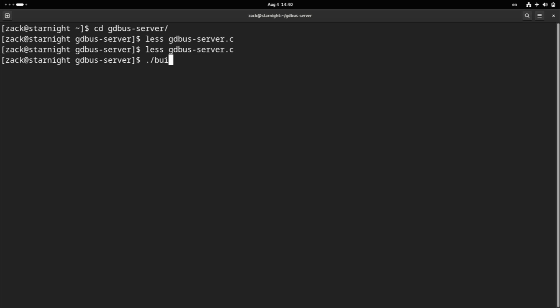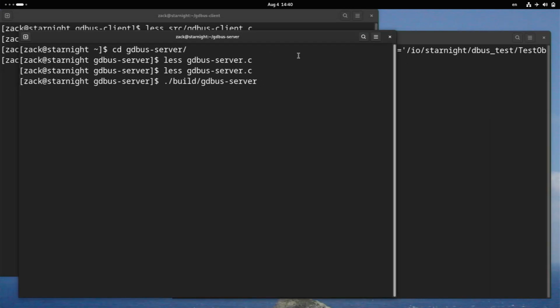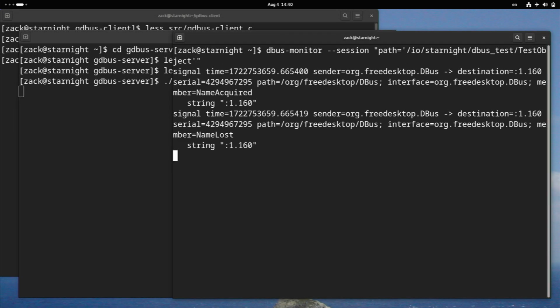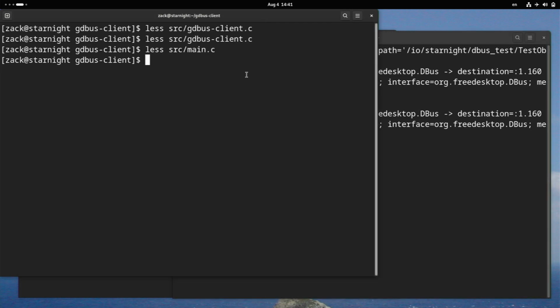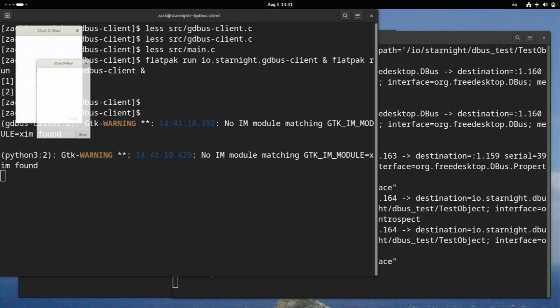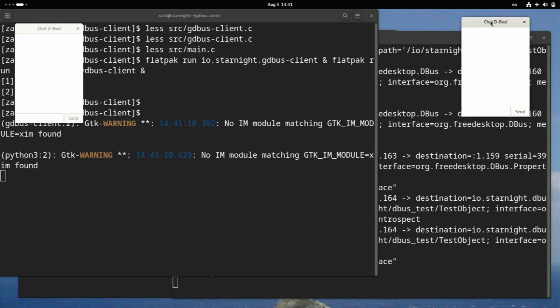Now let's execute the program here. Because I already built the code, I can execute it directly: GDBus server. And how about we monitor the communication between the server and client sides, and run the clients here. Here's the GDBus client and the Python version, the PyDBus client. Okay, now we have the client